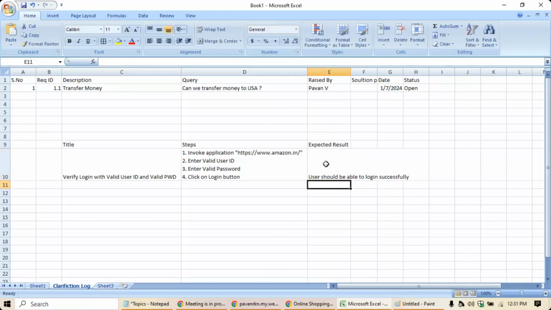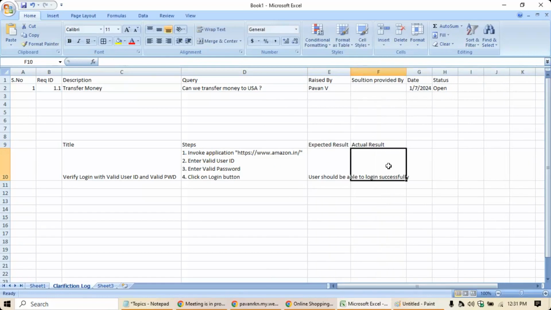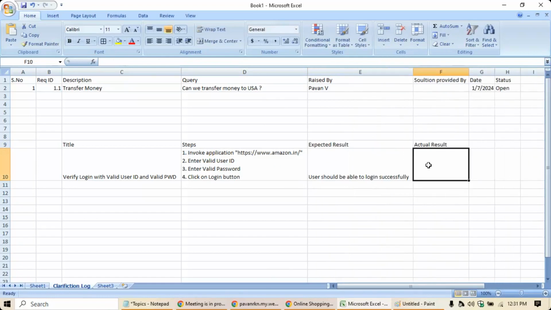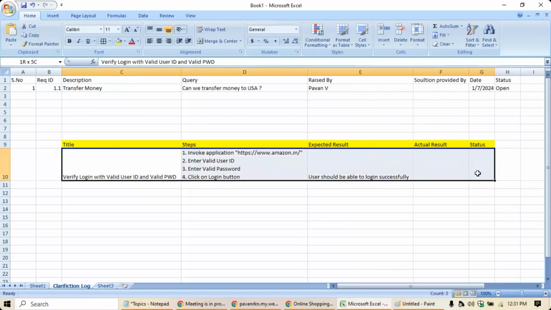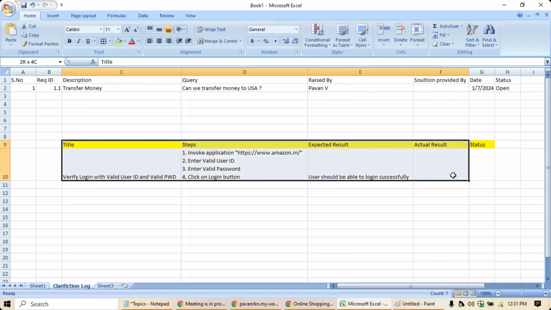So this is what you will be able to see, and the actual result also will be there in your template, but you are not going to write this actual result. During your testing time, that means what we call test execution time, you are going to write the result, and then you will be having a column called status. There are so many other fields also in the test case template, but these are very, very important. So now once you understand these test case steps,